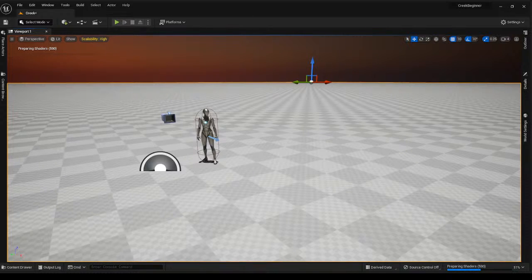So now what we're going to do is I'm going to go ahead and place a landscape material onto my landscape. I've already made a landscape material for you. If you press Control and space, you should come to Create Assets, and then Materials, and it's this one right here, MI_AutoLandscape_